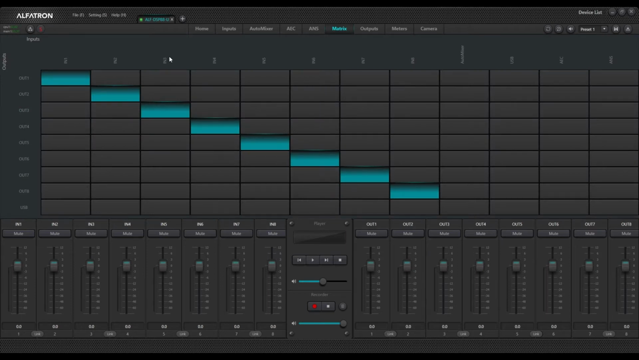Very self-explanatory. All our input channels are at the top, and our output channels are on the left-hand side. So these will be our input channels 1 through 8, as you can see there, as well as our auto mixer input, our USB interface inputs, echo cancellation, and ambient noise suppression. I will take a look at these in a little bit more detail in upcoming episodes, one by one. But essentially,